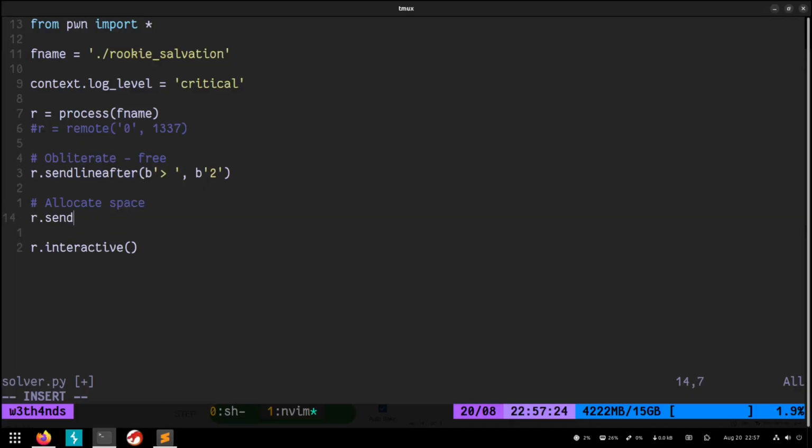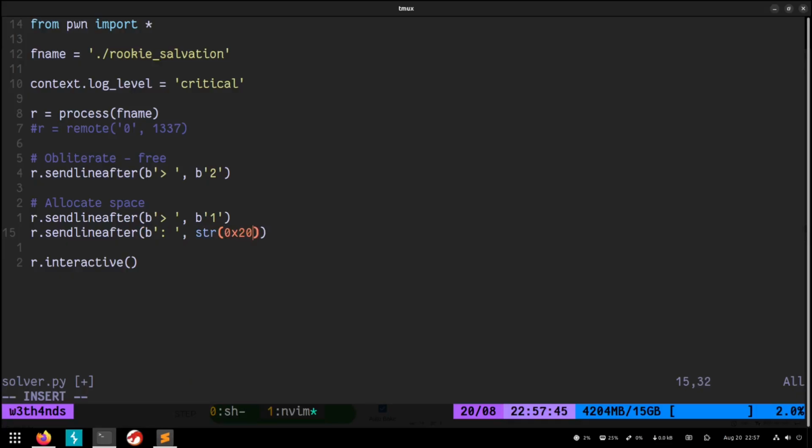So we're gonna have r.sendlineafter, and here we're gonna have this and option 1, and then r.sendlineafter this, and this is gonna be the size. So just in case I'm gonna use this, and encode to avoid warnings,